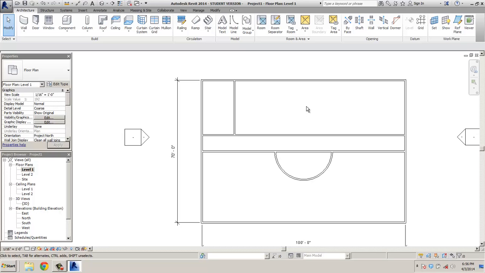Now, the boss has come in and said, oh, that needs to be a 12-inch wall on the outside. Well, we made it 8. Hover your mouse over the wall on the left side and hit your tab key. You'll notice it picks up all the connecting walls around the outside, and then just hit tab and left click